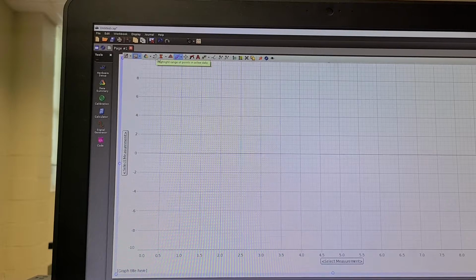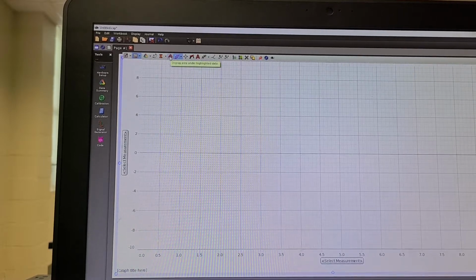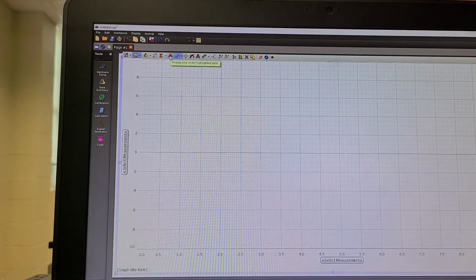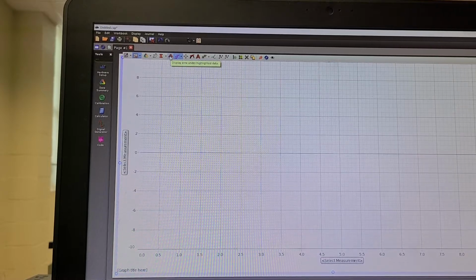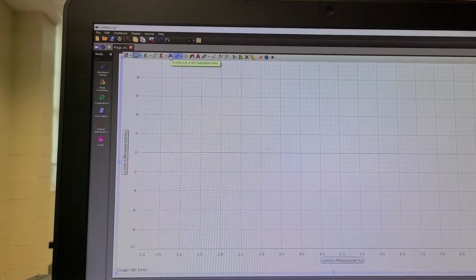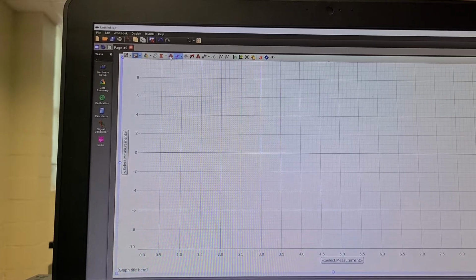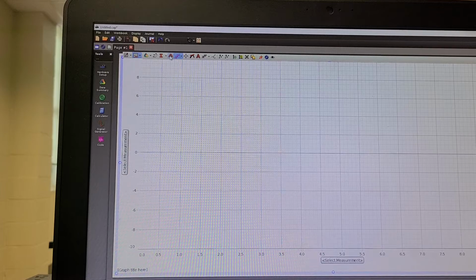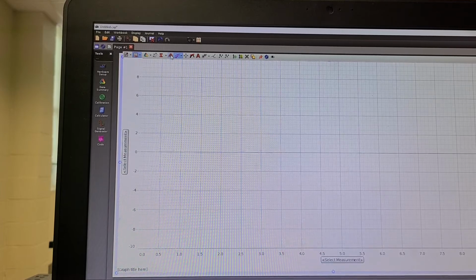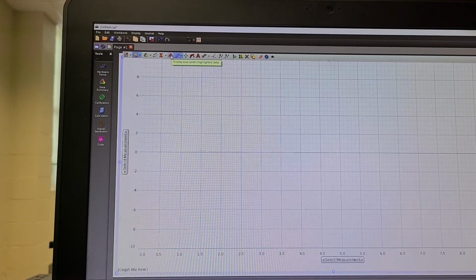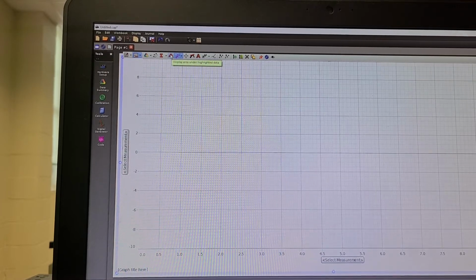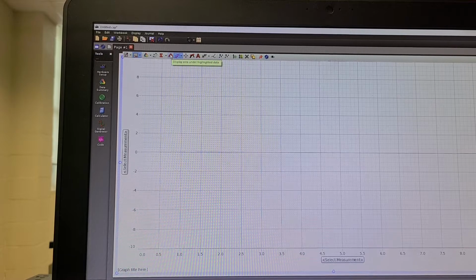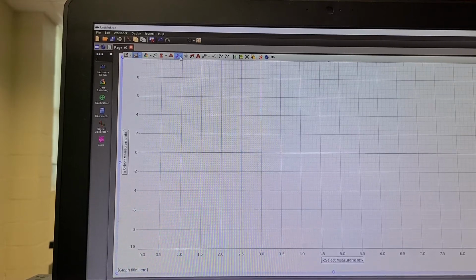Next is 6 or 5. 6 is this one. This one is useful to find the area under highlighted data. All right, so if you want to find the area under the graph, you need that. In fact, in the first experiment you will try to find the area under the graph to figure out the displacement. Because if you have a velocity versus time graph, the area will give you the displacement, so we need that.